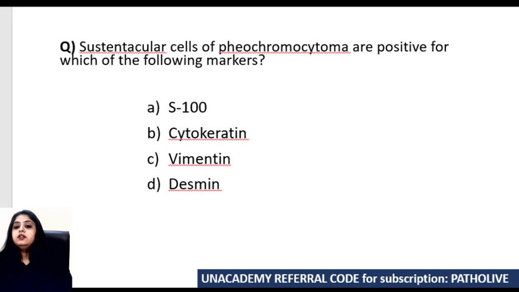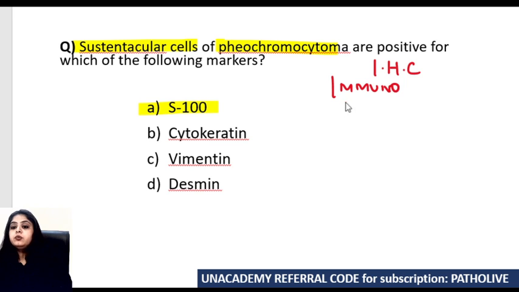Sustentacular cells of pheochromocytoma are positive for which of the following markers? A lot of markers written over here, and I hope you know the answer to this question is S100. Now guys, first before I jump into the description of pheochromocytoma, what all markers were written over here? These were markers of immunohistochemistry. For those who are new students and who are new to the world of pathology,